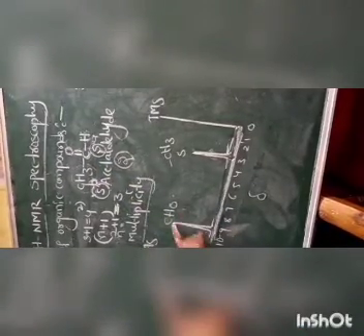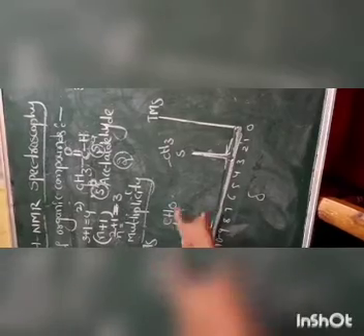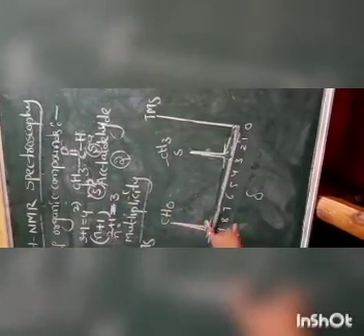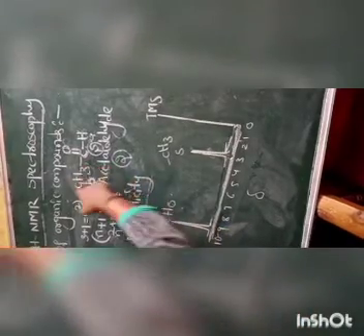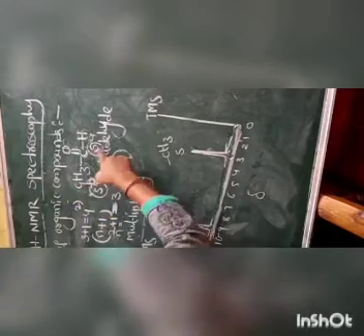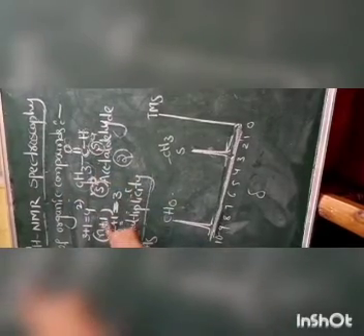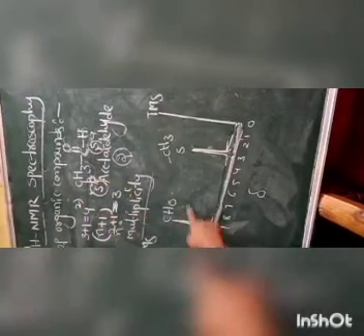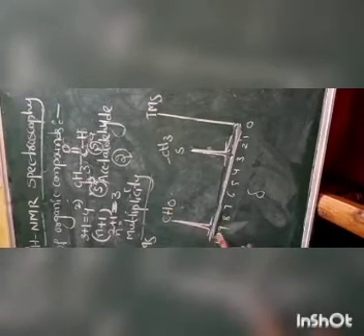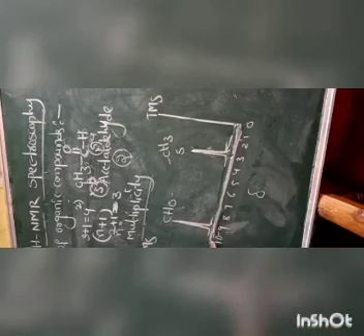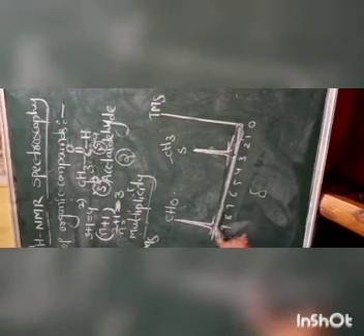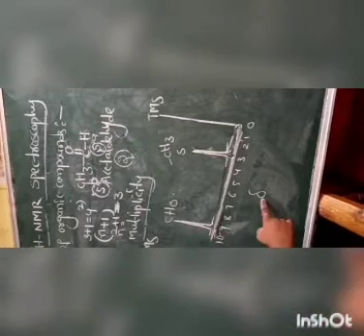So the aldehyde proton also gives a singlet, because it does not consider the methyl proton or neighboring proton. So it only gives a singlet, according to the n+1 rule again. Here the aldehyde proton, the position of the signal, is at 9, or in between 10 and 9, the chemical shift value.